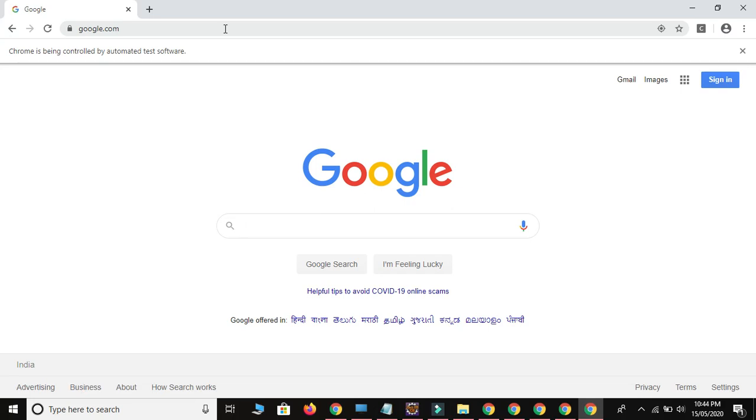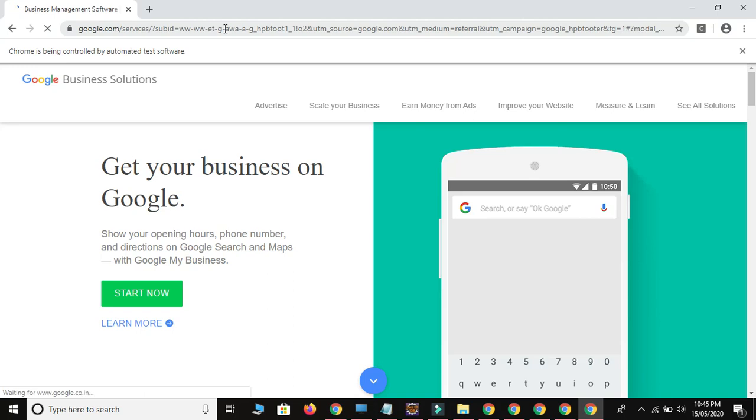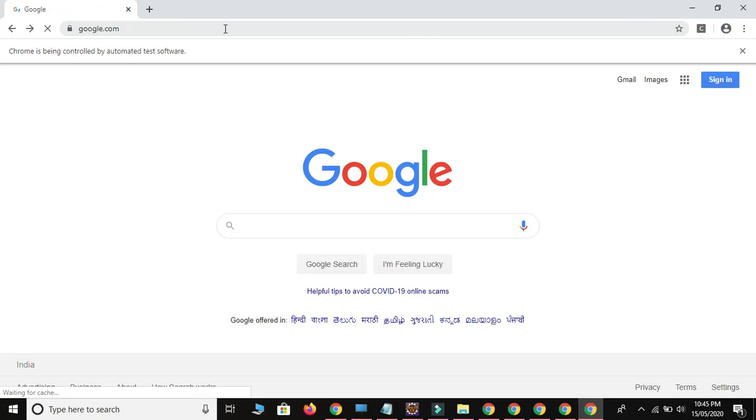It will click on the business, clicked, it will use backward method, so it will come back again to the Google, then again it will go to business, again forward.